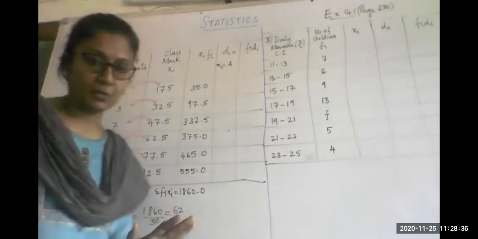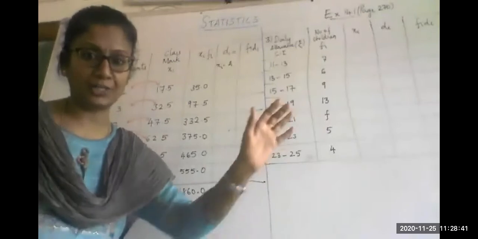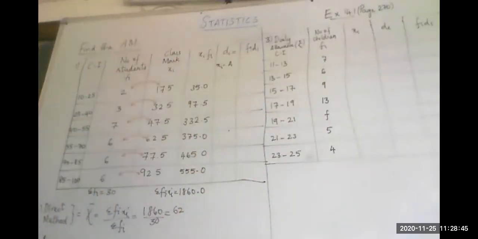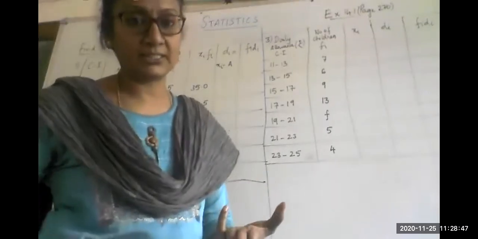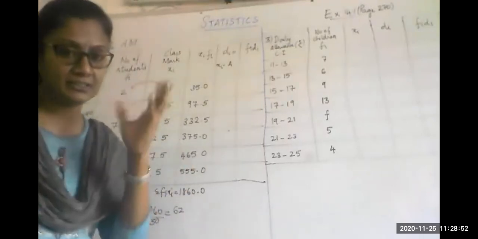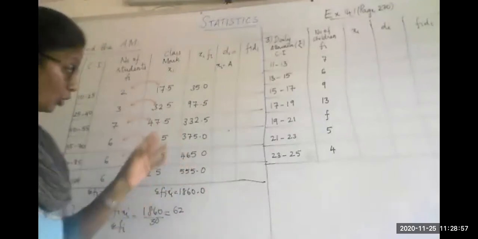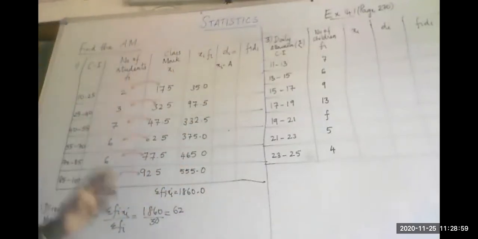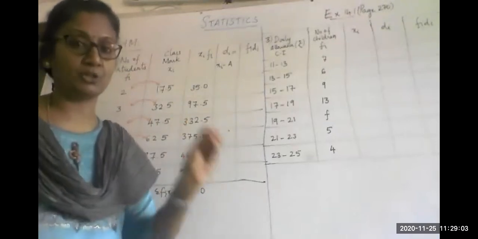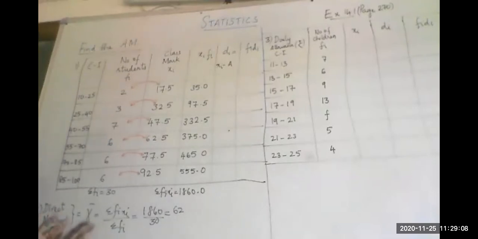Is there any doubt? Direct questions on this are coming, whether in the midterm exam or your board exam. You can expect this much work. We are only eligible for 2 or 3 marks, because statistics is not at all happening in section D, which is the 5 marks question. I am not seeing any statistics in any of the sample papers. So all this is eligible for a maximum of 2 or 3 marks. So please convince yourself, you have to put all this into your pocket. We can't afford to lose these marks. Any doubt in the direct method?